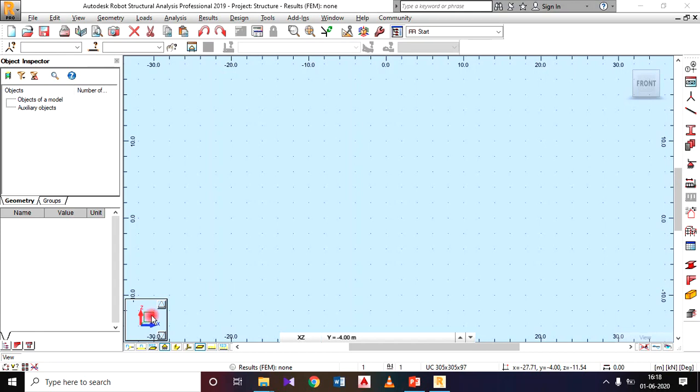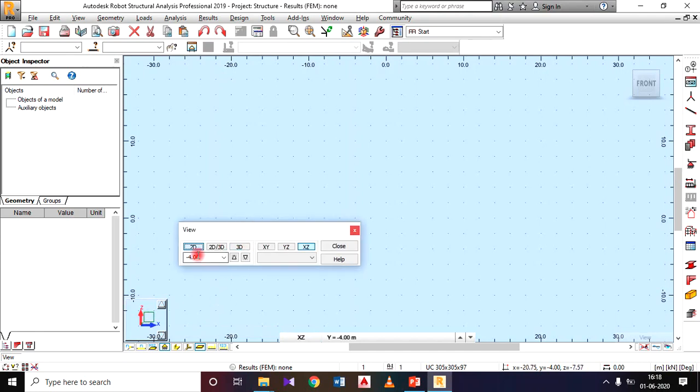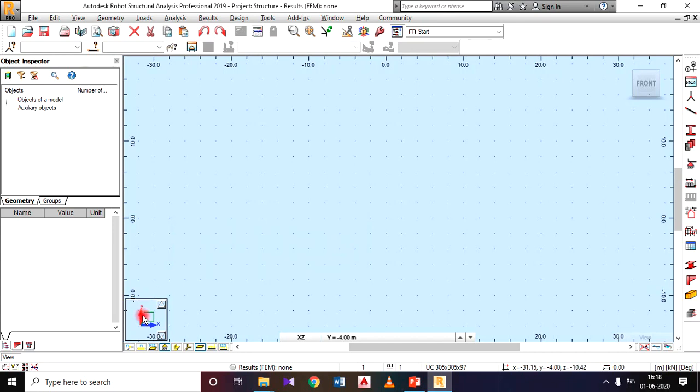It is used to switching between 2D to 3D or 3D to 2D. If I click on this option, we got one window. Here it is 2D, 3D, plane is XY plane, YZ plane, and XZ plane. By default it is there in 2D and the plane is XZ plane. I will work with this view only, so I will close this window. Observe, the horizontal one will be the X axis, and vertical will be the Z axis.